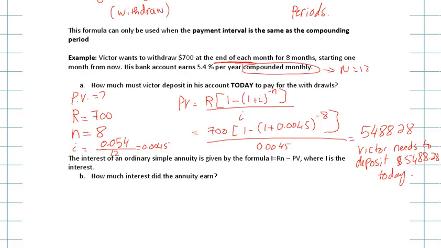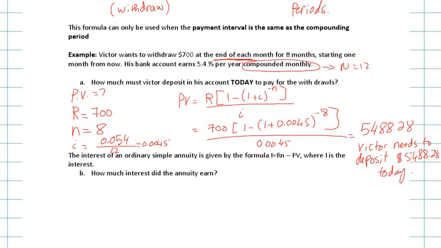So if you do the 700 times the 8, this is how much in total he withdrew, right? You take away how much he put in. So to find the interest that the annuity has earned, what you do is you find